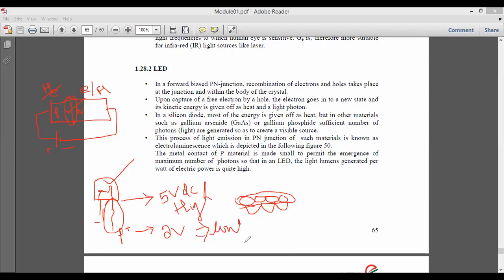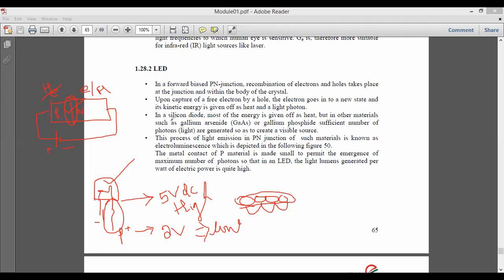Why? Because there is not a sufficient amount of kinetic energy in the crystal or the body of the LED, which is emitting the heat, because heat is directly proportional to the emission or visibility of light. Again, it depends on the type of material we use.